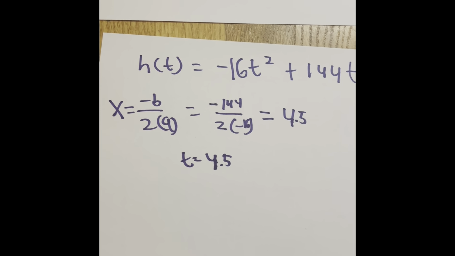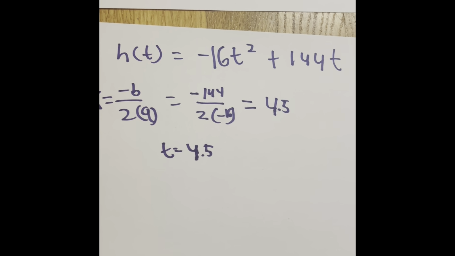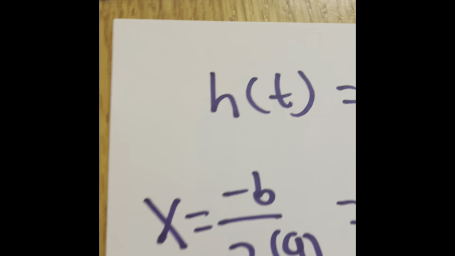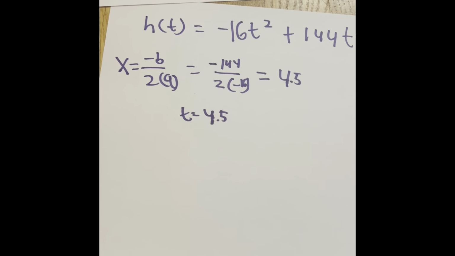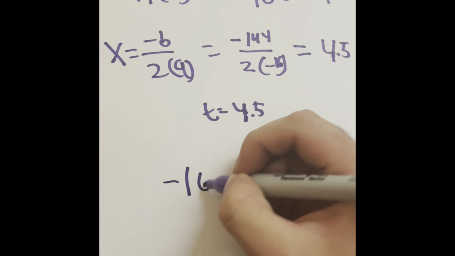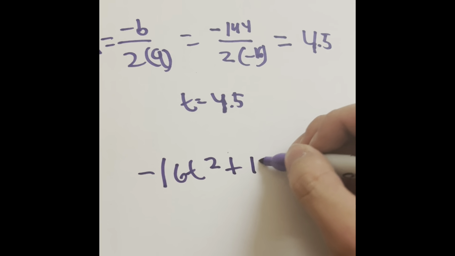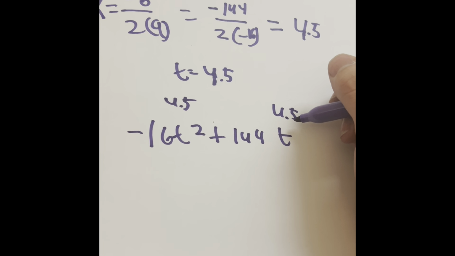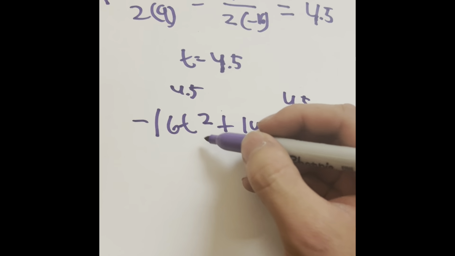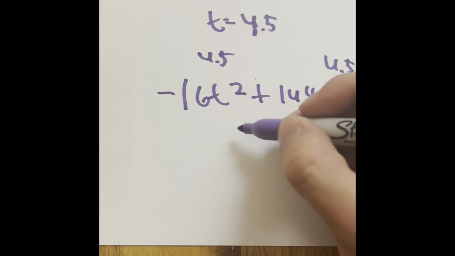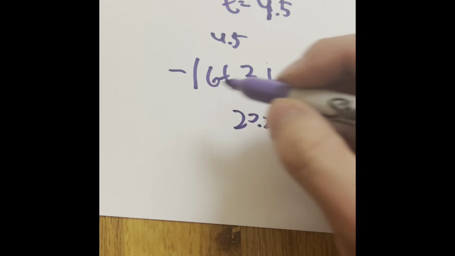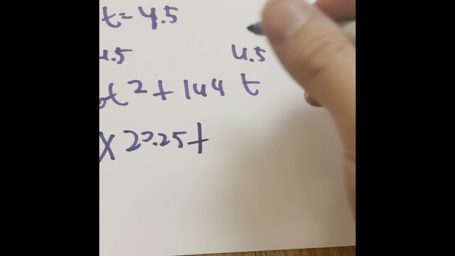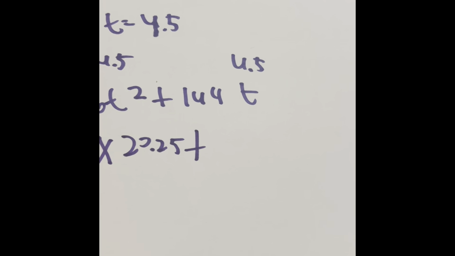But what is the maximum height? That's when we have to actually, just like last time, insert 4.5 into the t's to get our value for h. So here's what happens. Let's do the math. Negative 16 t squared plus 144t, 4.5 and 4.5. When you do 4.5 squared, you get 20.25. Negative 16, multiply that by 20.25, and we'll have to add that by 144 times 4.5 is going to equal